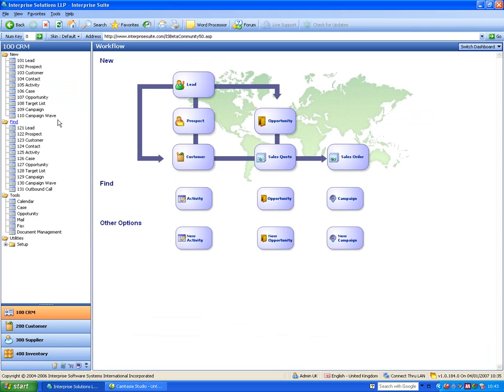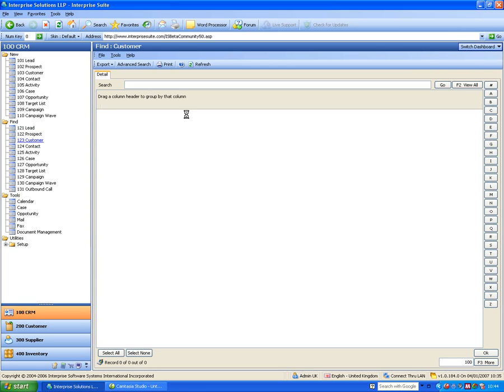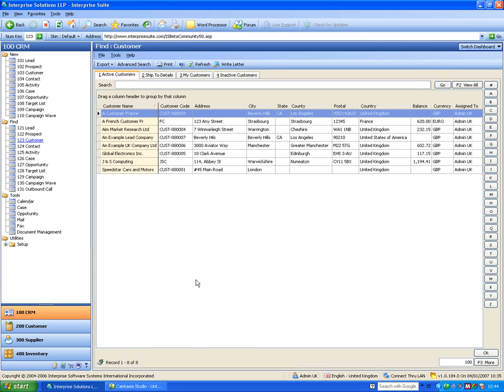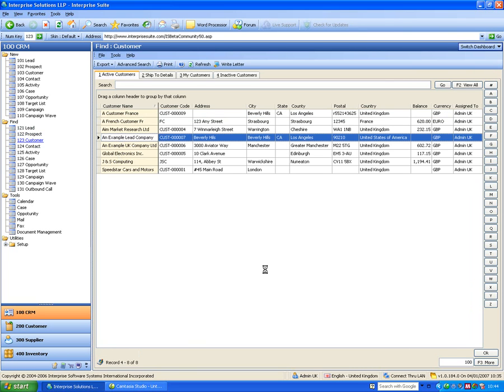So you get used to know the menus. Okay, we've got new. And we've got find areas. New, obviously, new lead, new customer, create a new company, a new activity, and find is when we actually find them. Okay, so if I, let's say, click on find as an example, it will pop up a list of customers. And if I open one up just by clicking on it,